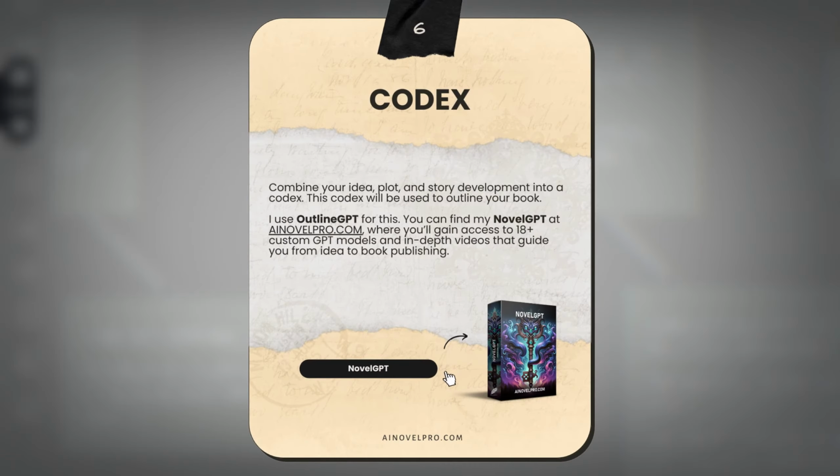Once you've done that, it's time to build your Codex. Some people used to call this their story Bible before AI. It's an absolute must-have. Combine your idea, plot, and story development into a codex, which will serve as the blueprint